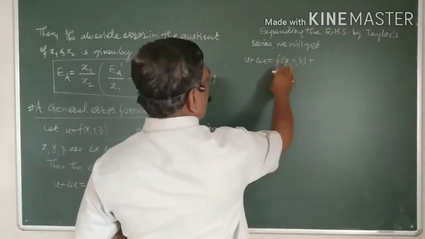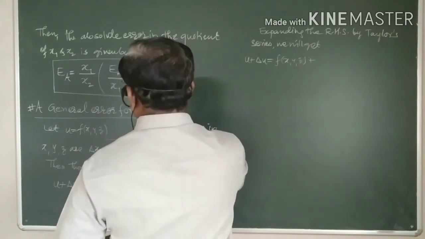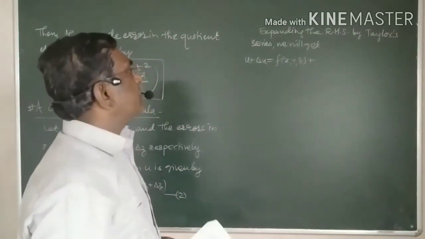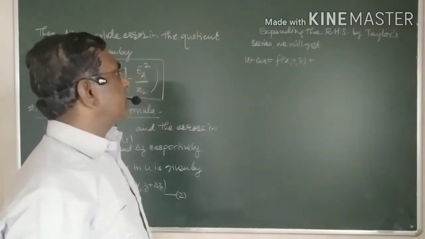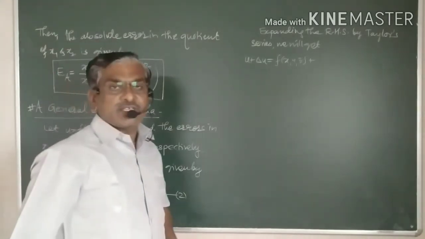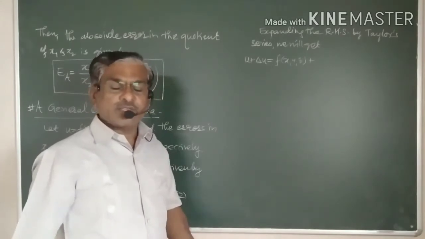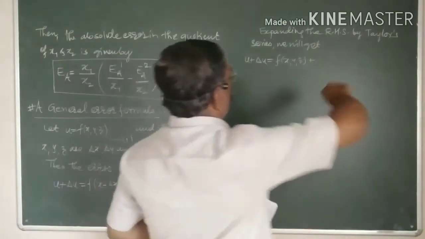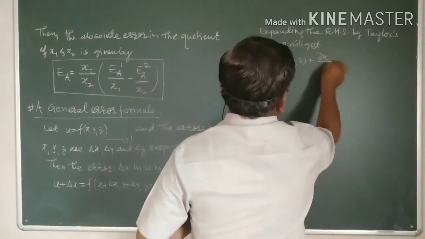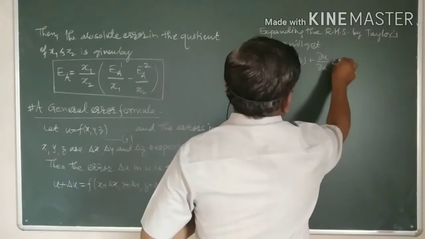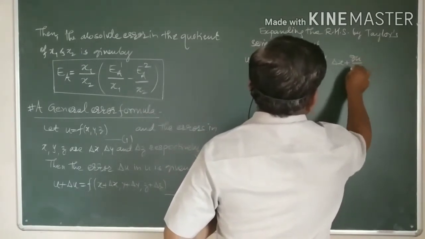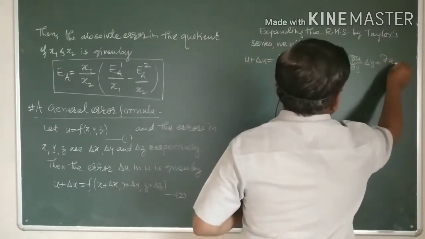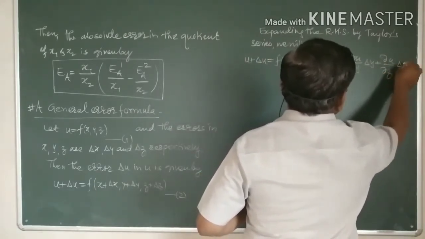U is a function of three variables x, y, z, and whenever you apply the Taylor series, you have to differentiate u partially with respect to x, y, z respectively. Therefore, you have del u by del x into del x plus del u by del y into del y plus del u by del z into